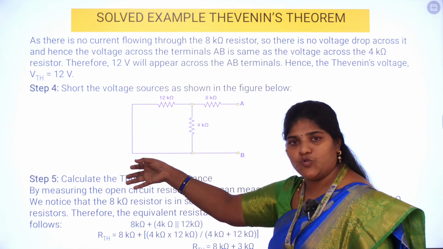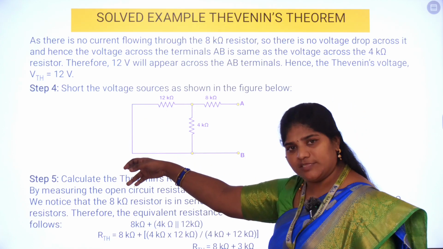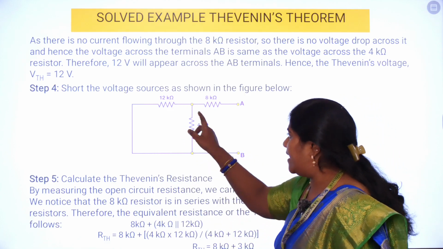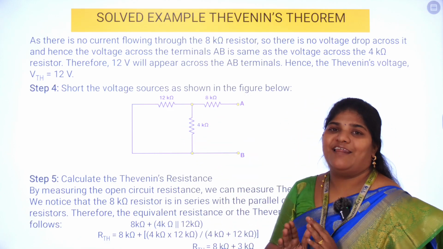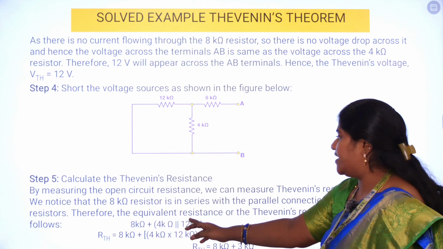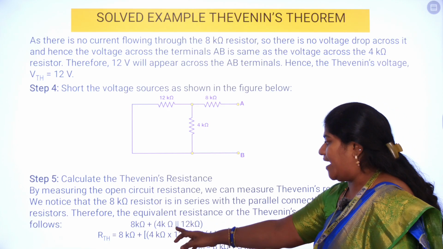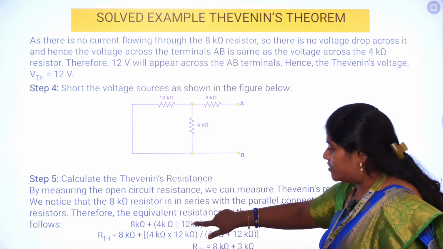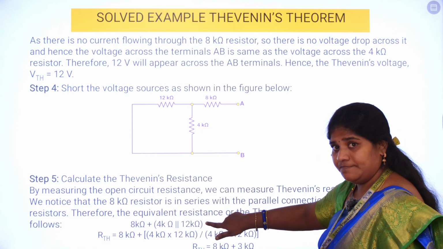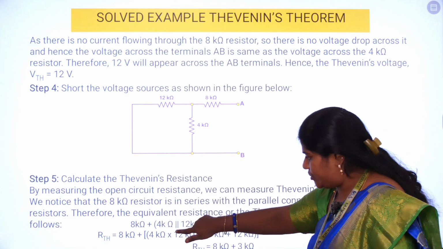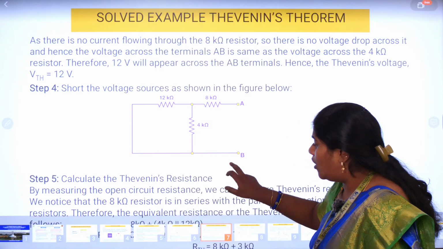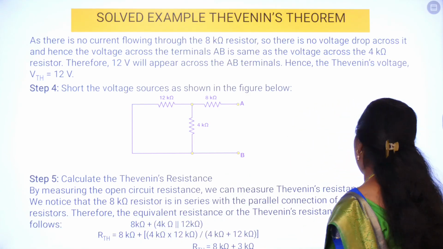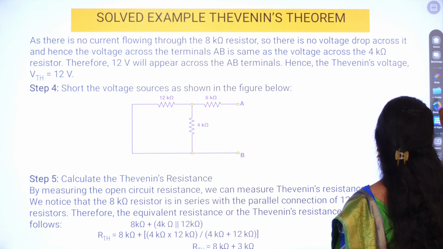So I can say this 12 and 4 are parallel to each other because of this short circuit. After removing 48 volt, the region is getting short circuited, and because of this short circuit condition, this 12K and 4K are said to be parallel to each other. So here as you can see, 12 and 4 are parallel, 4K, 12K are parallel. I think you can understand clearly. 4 and 12 are parallel, and this combination after simplification or after reduction, it will be in series with 8K. So to show you very clearly,